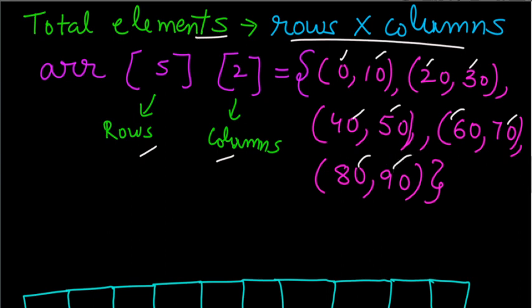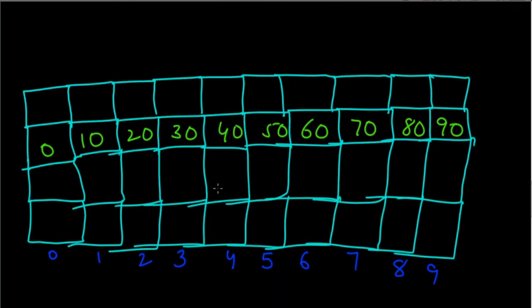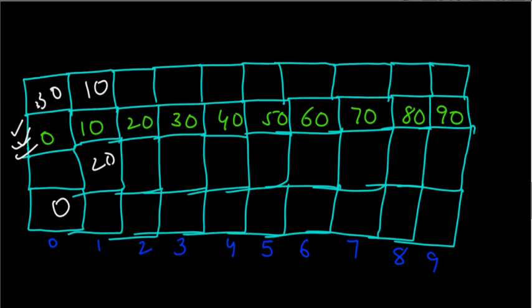So how will these 10 elements be arranged? These will also be arranged in a single line, in contiguous memory locations. Contiguous means continuity in a single line without any gap. Okay, it is not possible that 0 will be here, then 10 will be here, 20 will be here, then 30 will be here. These elements will always be stored in a single line.